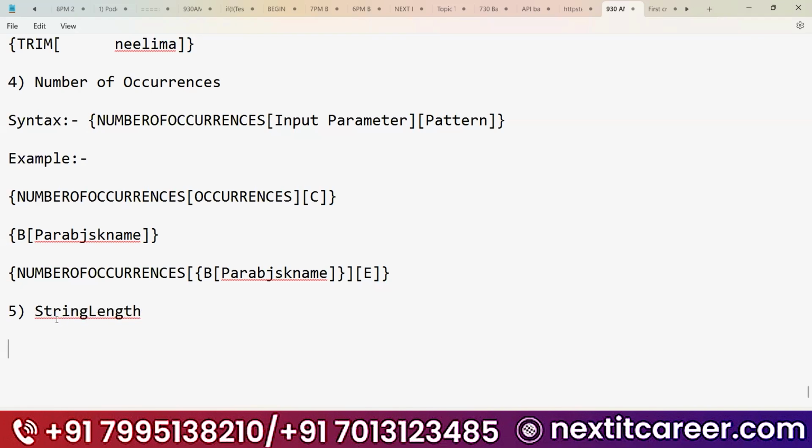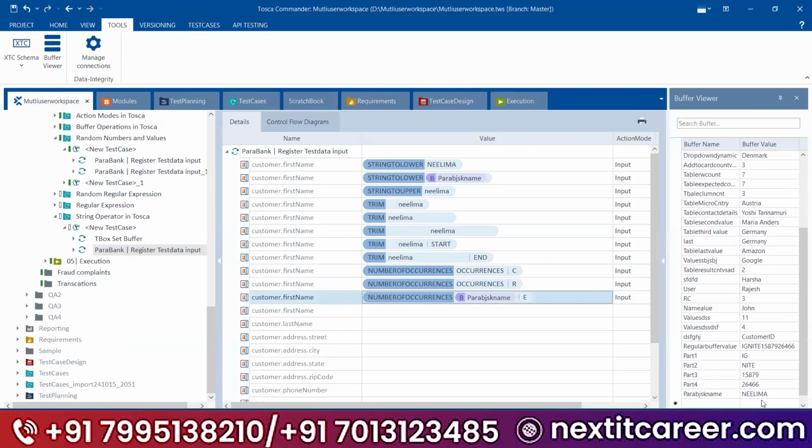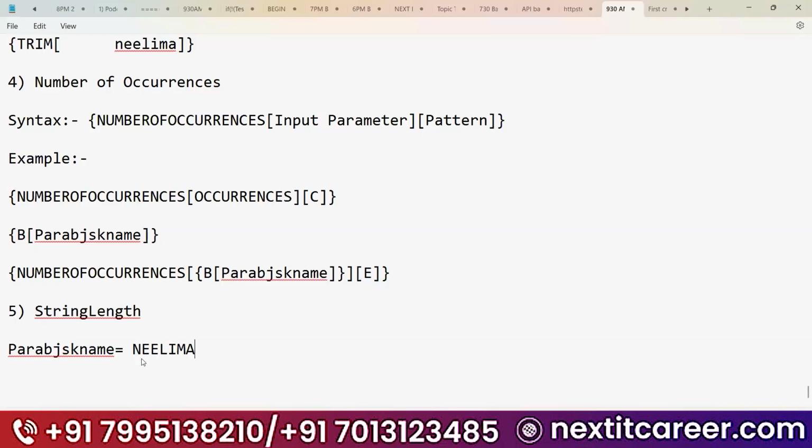How to find the string length? For example, we have the same buffer, right? We have this buffer name equal to Nilima. So what is the string length of Nilima? It is 7, right? So what is the syntax?